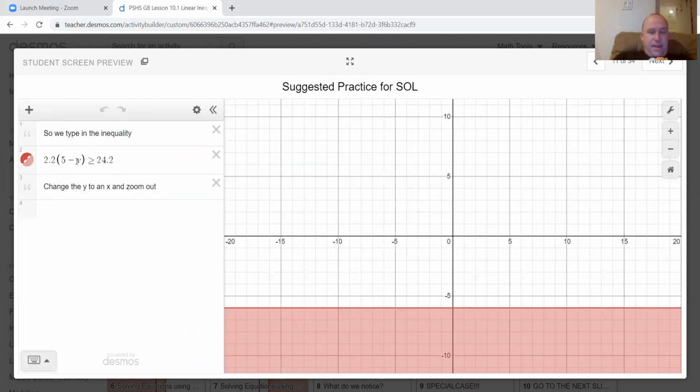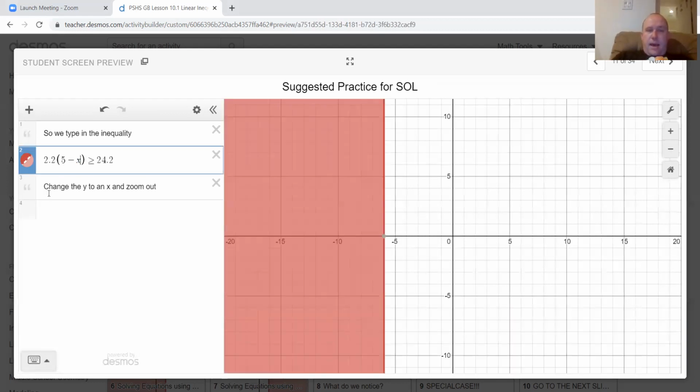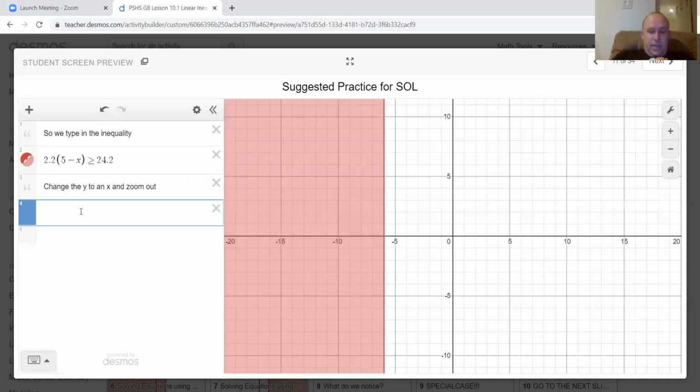And as I've typed it in here, it will draw it for you. But actually, instead of drawing the vertical line that we had before, it draws the horizontal line. So I would definitely recommend that you change this to X. If necessary, zoom in and zoom out so you can see the answer better. This one seems to be okay. So you can see the answer is negative 6, and you can clearly see it's to the left of negative 6. So if I was typing in the answer here, it would be x is less than or equal to